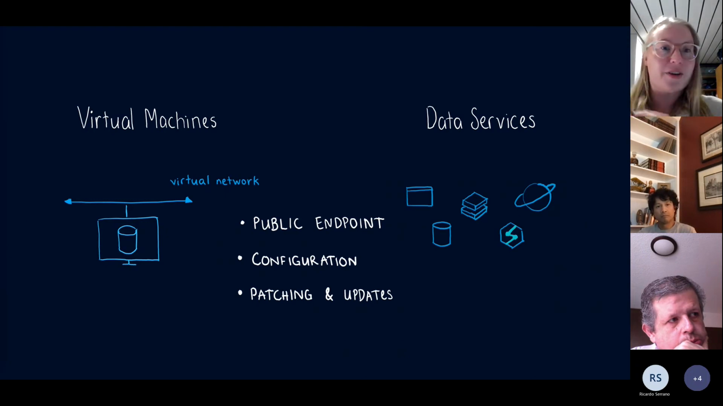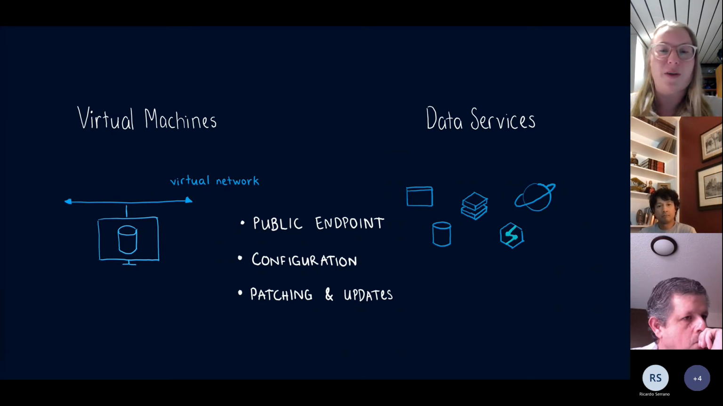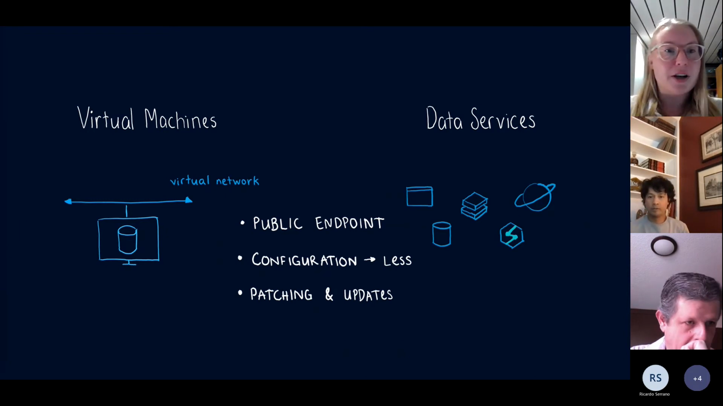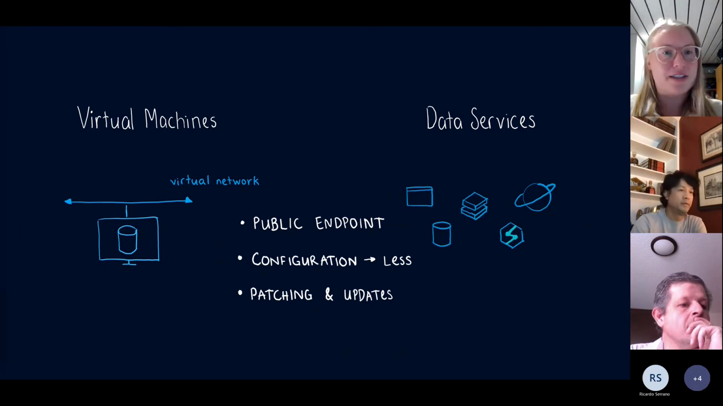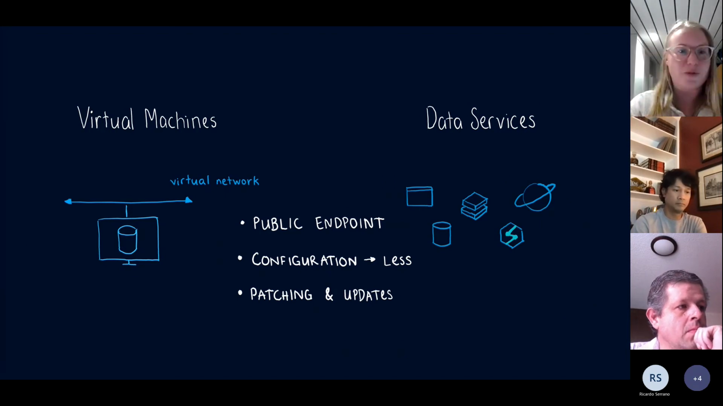But of course, on the other hand, we do want to control that public endpoint in some way. We don't want just anyone to be able to access the data that we have there. With these services we also have less configuration to do. It is much, much quicker to put up an Azure SQL than to set up a virtual machine and install SQL Server there. You have it ready-made, it's faster, but if you need to do any custom configuration,